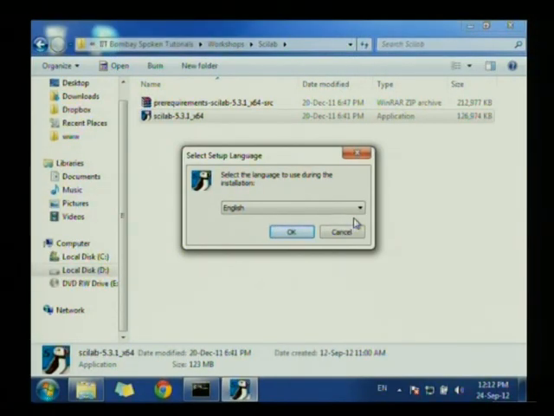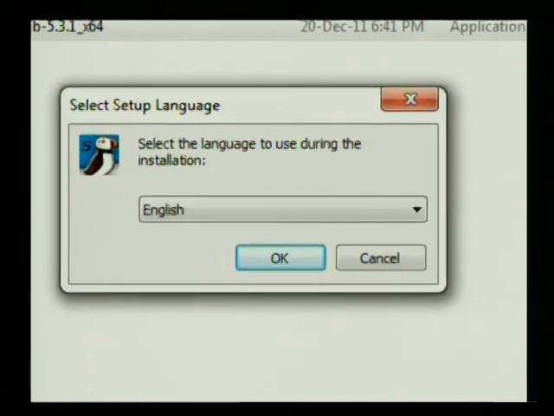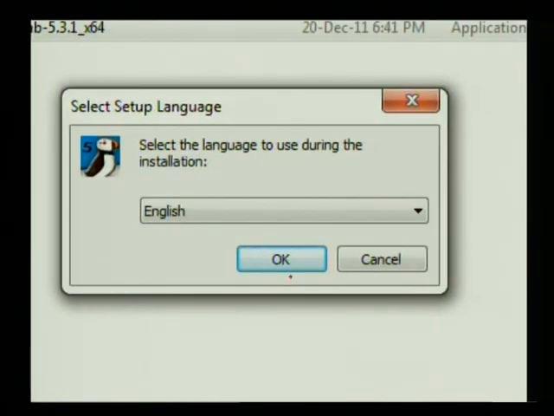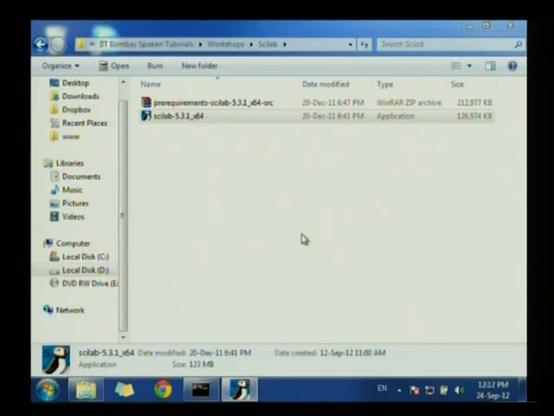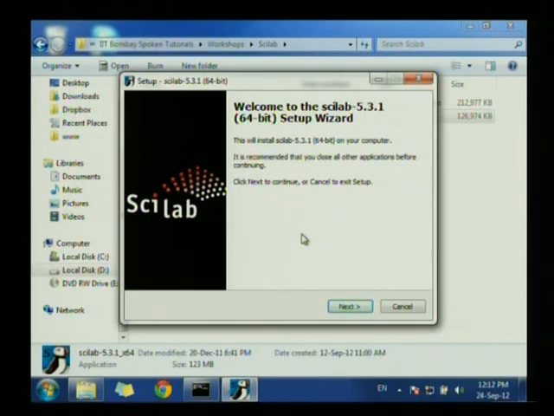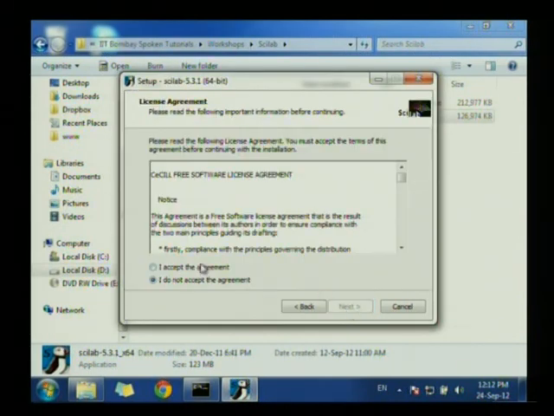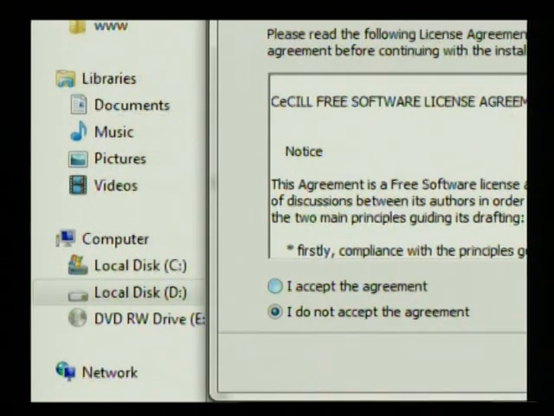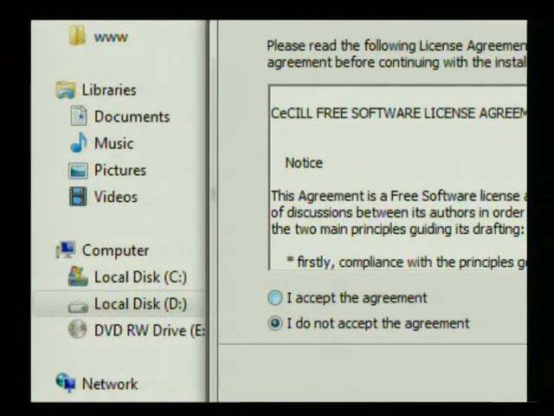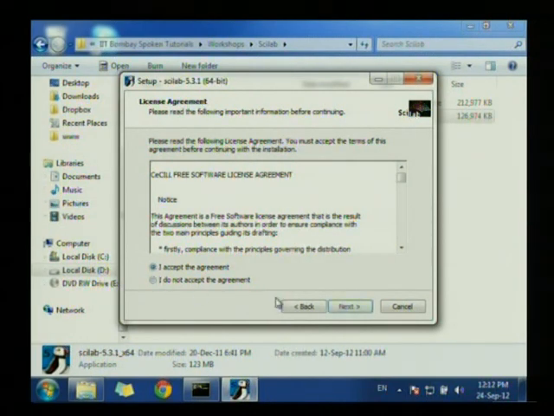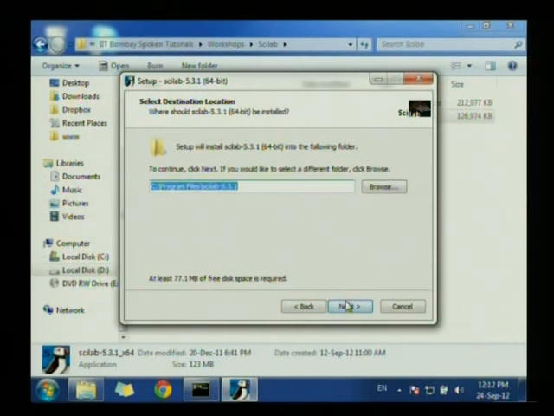Select the language. Let me zoom so you can see. Select the setup language. Okay, welcome, click next. License agreement over here, we will accept the license agreement, right? I accept. Next,